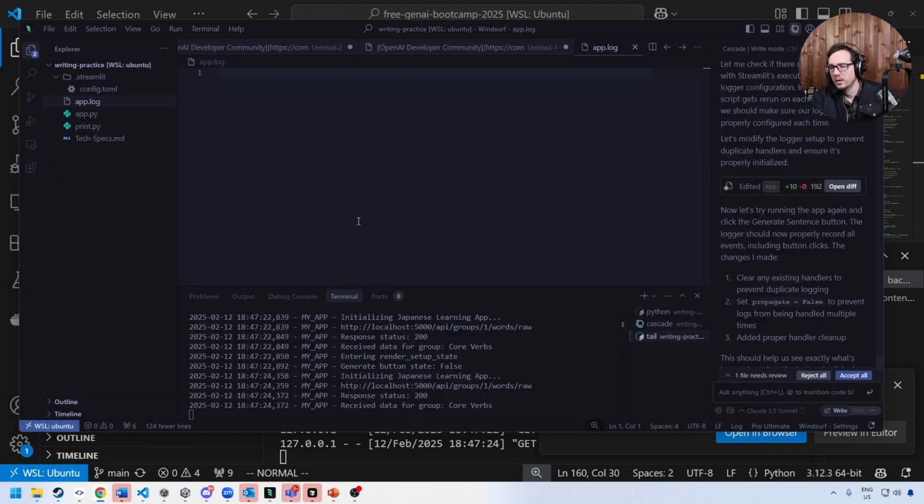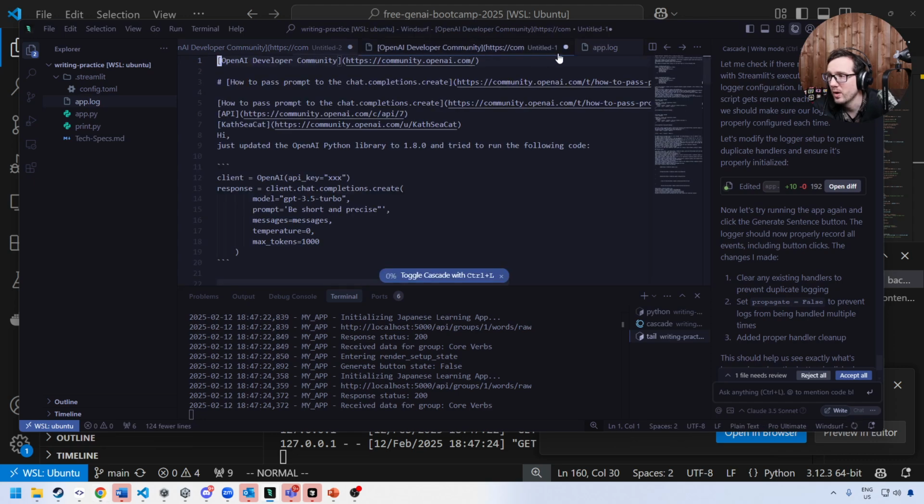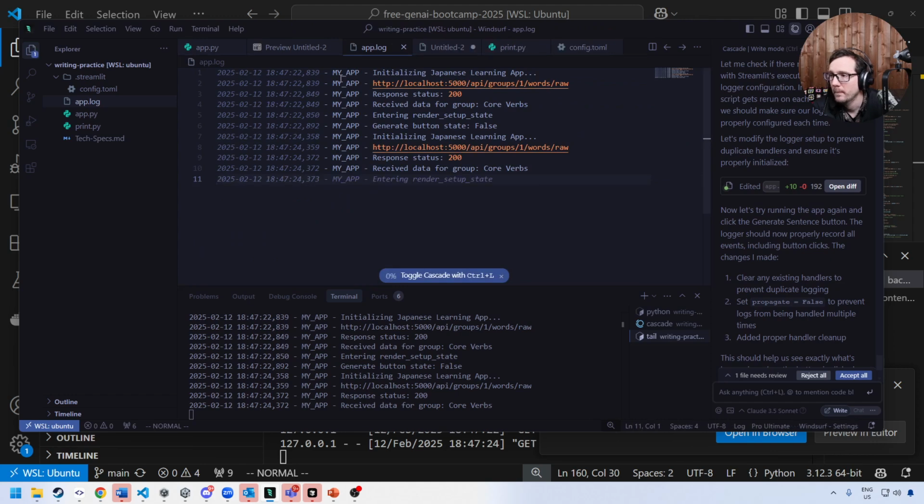Generate. I don't know if it actually did it or not. I want these out of here. Don't save. I don't know what that is. Don't save this. But what I'm looking for here,